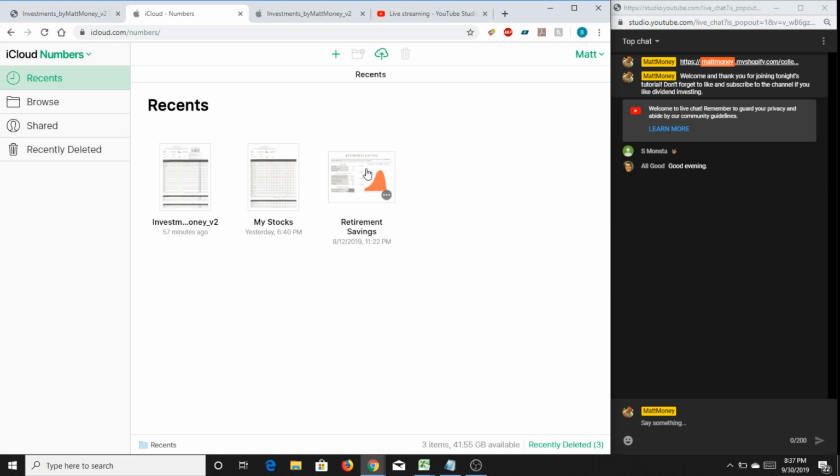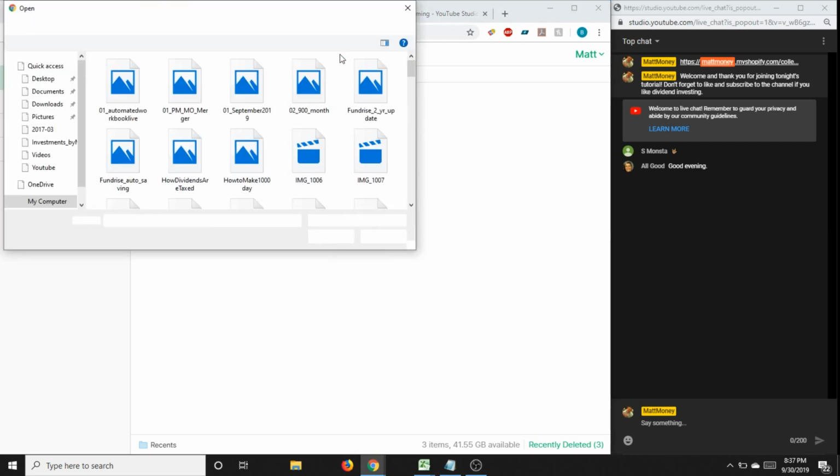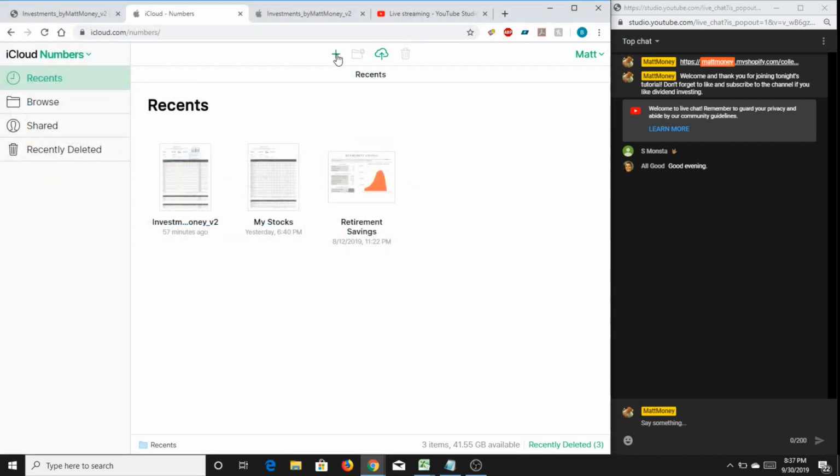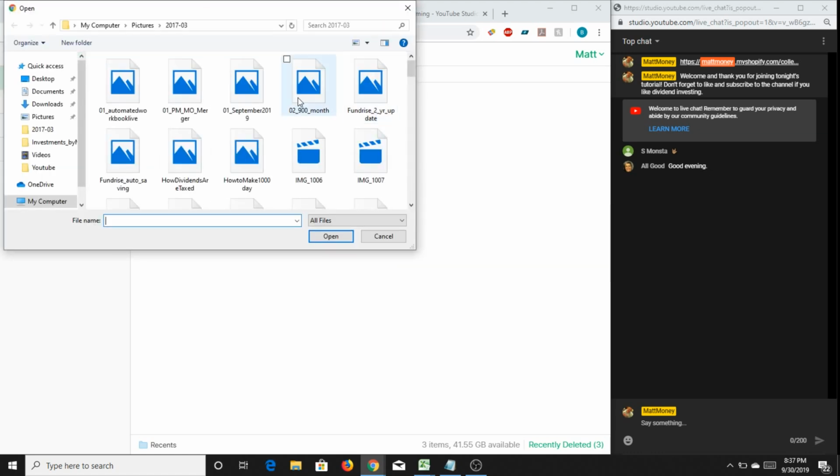And this is something that Apple has in here already, which I think is really simplistic, but it might also help some of you guys as well. What we're going to do is simulate uploading. There are these four icons up top here: creating a new spreadsheet, creating folders, and then there's also upload and delete. We're going to click on upload here, and we're going to look through